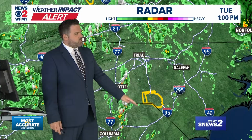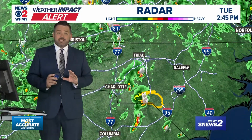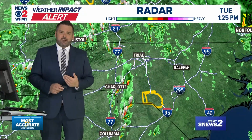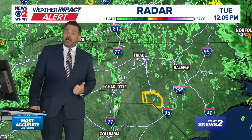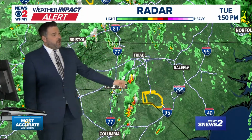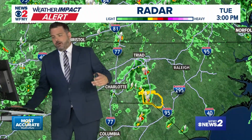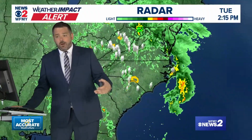Not everybody is seeing a storm, but if you do, these are not wimpy storms today. Hearing from folks that have been dealing with these, they're very loud. There's lots of lightning, and occasionally there's some hail too, in addition to that rainfall. So that's the weather setup that we're in right now, most of us seeing dry weather, but if you're in the line of a couple of these showers and storms, they really are packing a bit